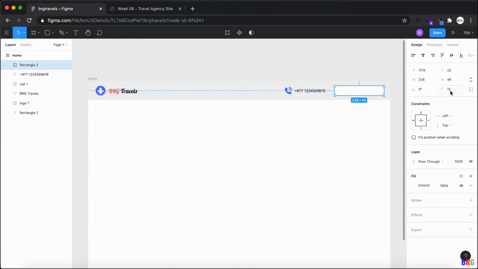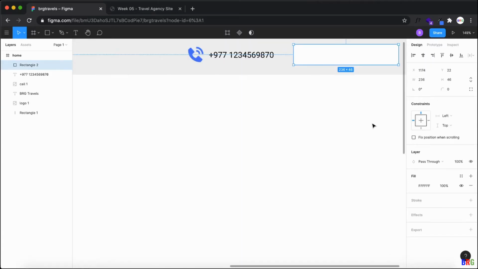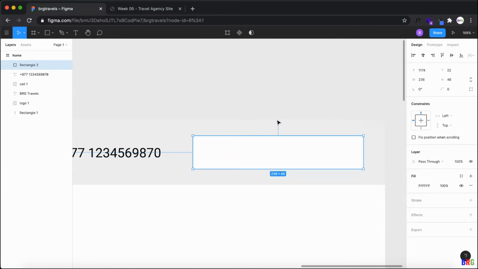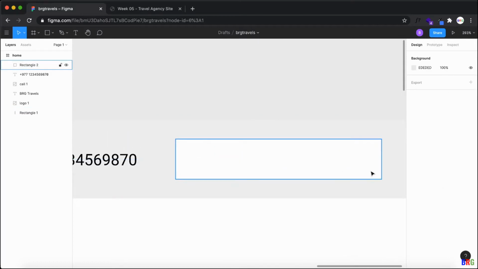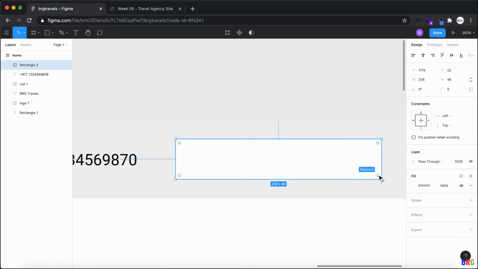If you don't want to use this corner radius, then just zoom in by pressing Ctrl and down arrow, and then you can see there is a radius 0, this inner circle. This is the corner part, and there is an inner circle, and then just click on it and then go inside of it.